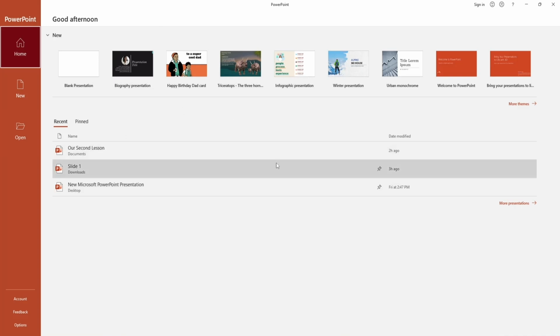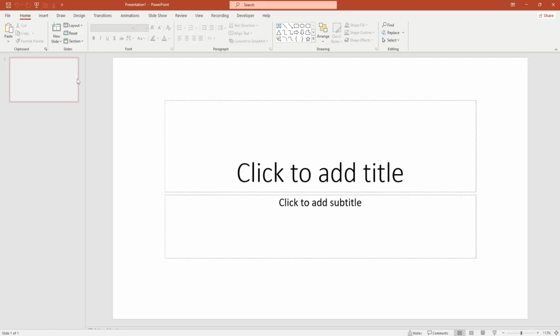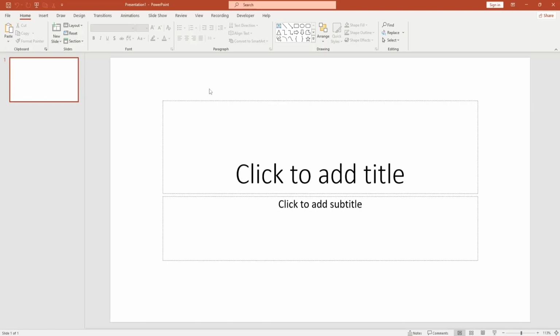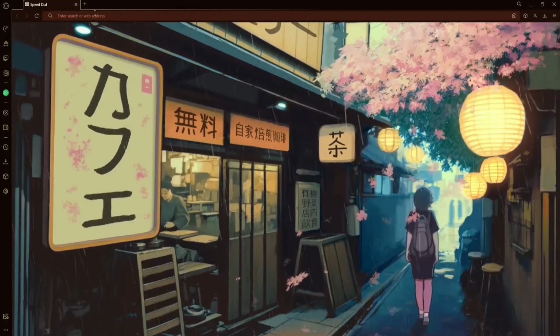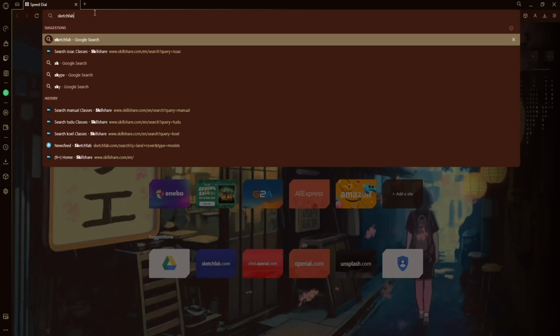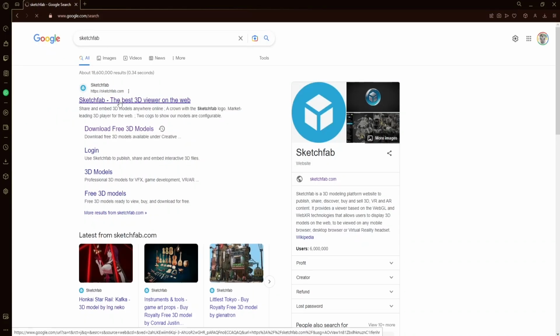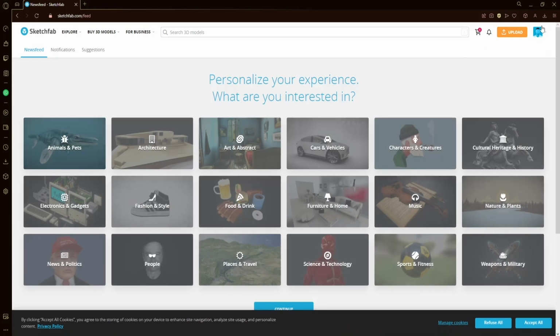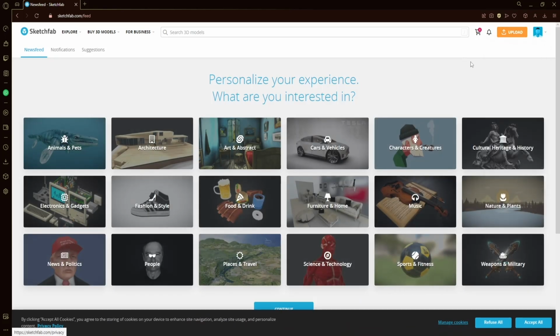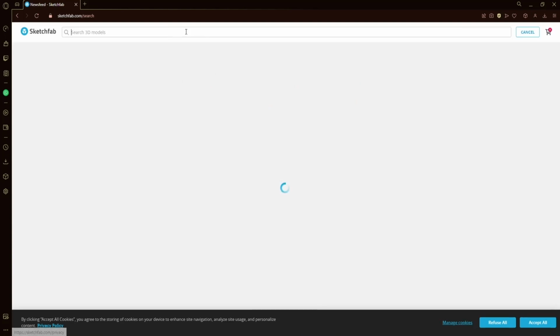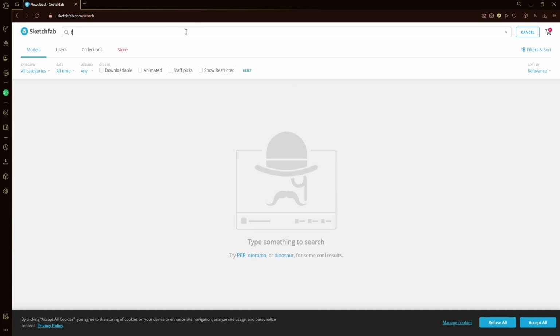Over here you can see that this is our PowerPoint. Let's select a blank presentation. We want to import our 3D model. To get the 3D model we have to go to our browser and look for sketchfab.com. On sketchfab.com you have to create your account. I have already created my own account. From here we have to look for the 3D model that we want to use for our presentation. So for this lesson let's look for any Ferrari